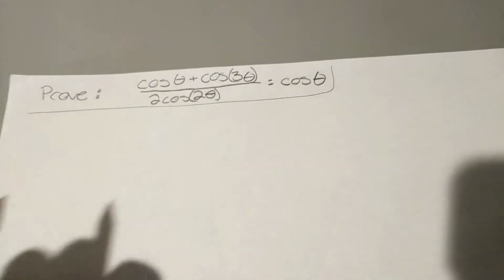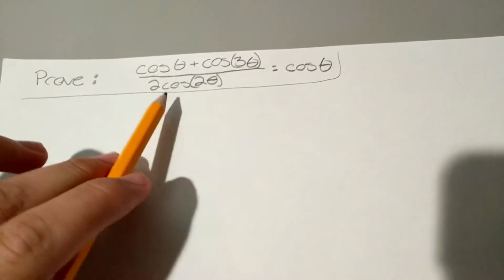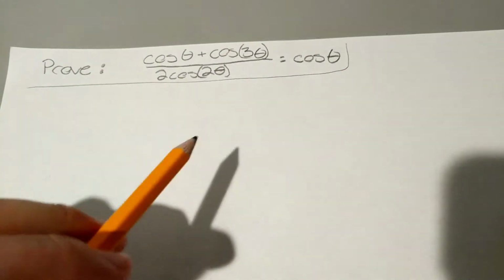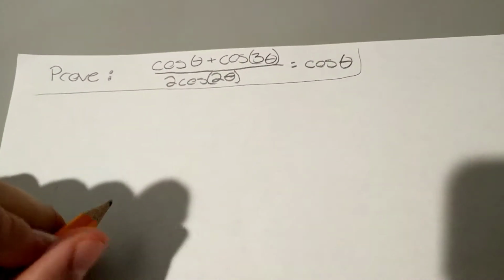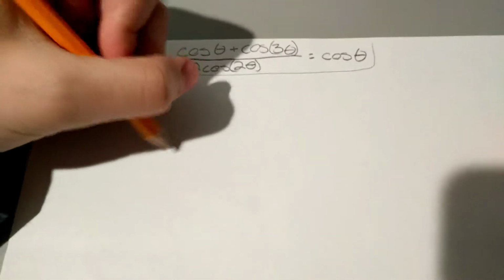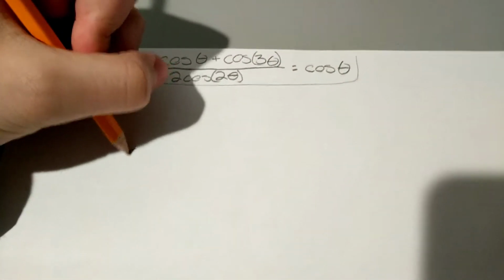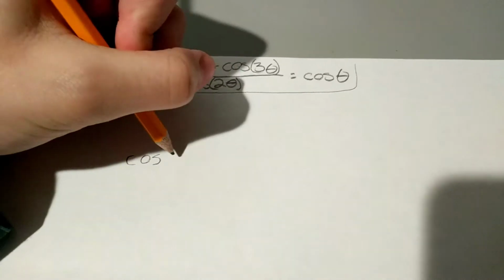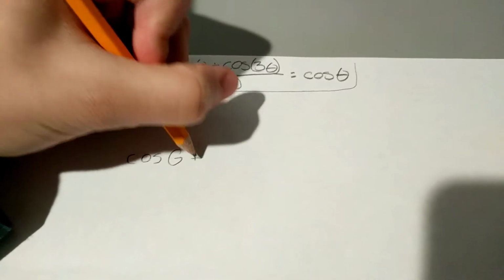So if you look at this at the beginning, you have a cosine over a different cosine, and then you prove that that's equal to a cosine of theta. So the first thing that you could do is multiply both sides by 2 cosine of 2 theta. That would give you cosine of theta plus